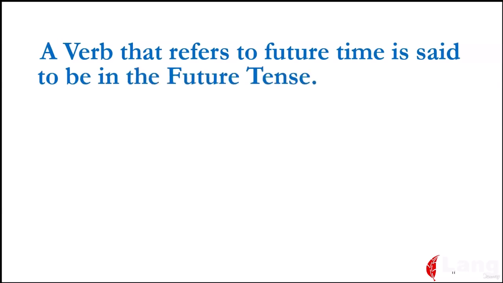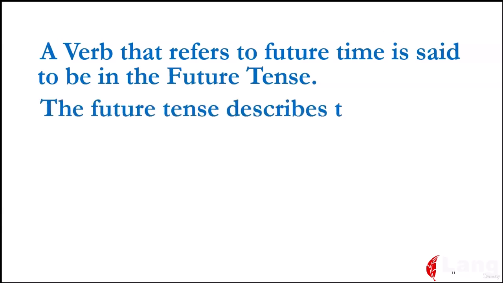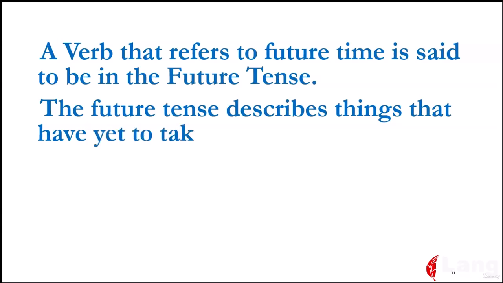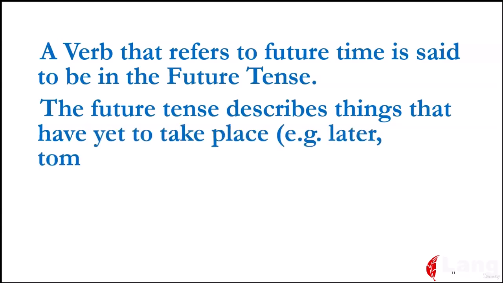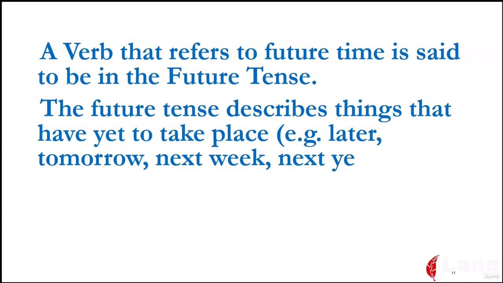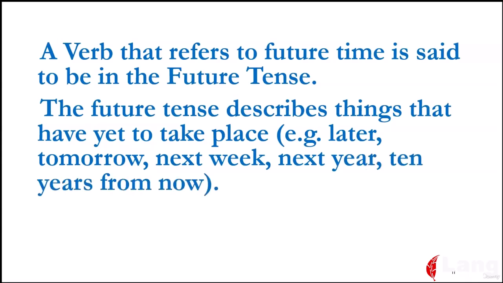A verb that refers to future time is said to be in the future tense. The future tense describes things that have yet to take place. For example, later, tomorrow, next week, next year, 10 years from now, and so on. Examples: